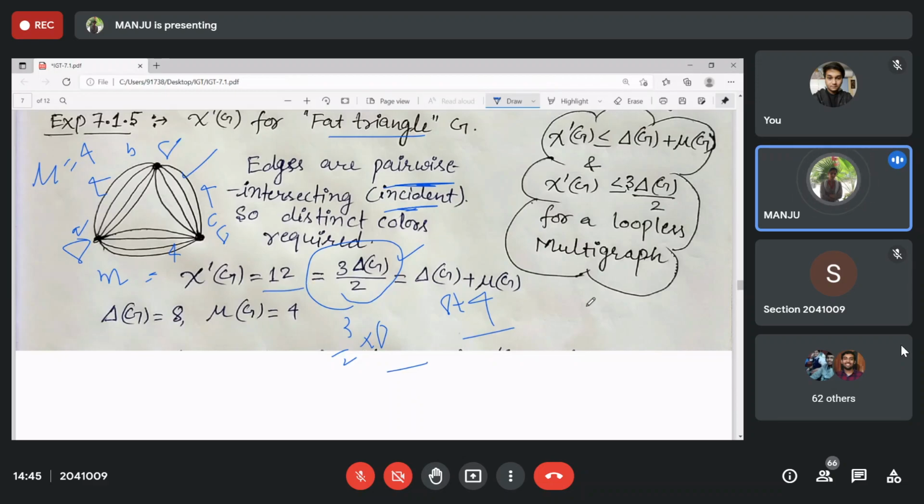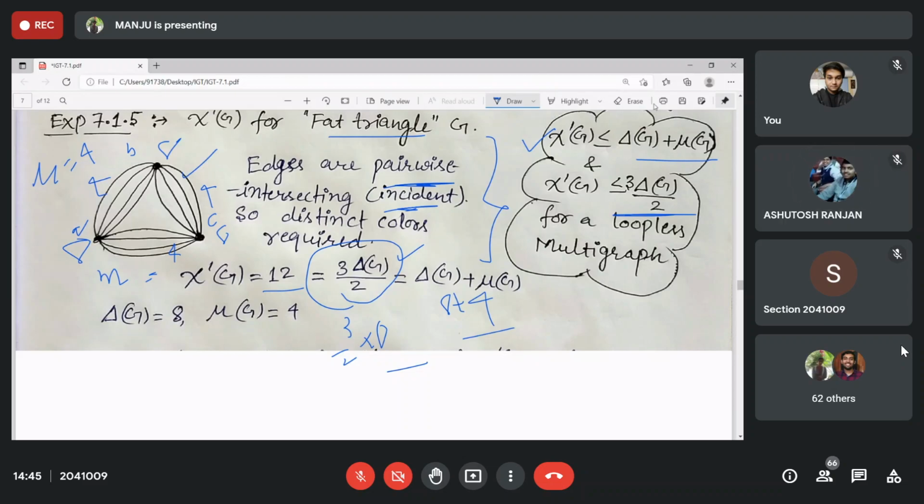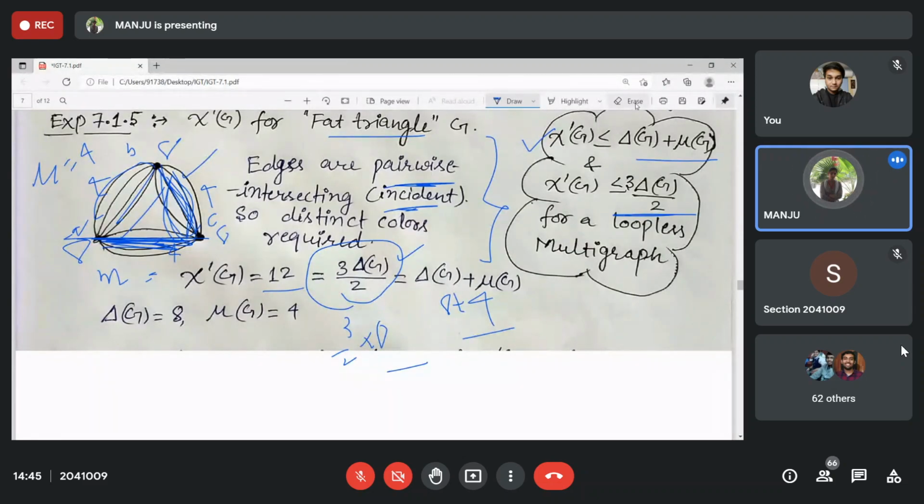Coming as 12. So for a multigraph, in general, you are given this, and you can check for this type of questions as well. Clear? You can have here one edge, in place of 4 edges, you can just have one edge. Here 2 edges, and then also check it. 2 edges, and here 4 edges. And here also one edge, here 3 edges. You can take it and then check whether it is coming or not.